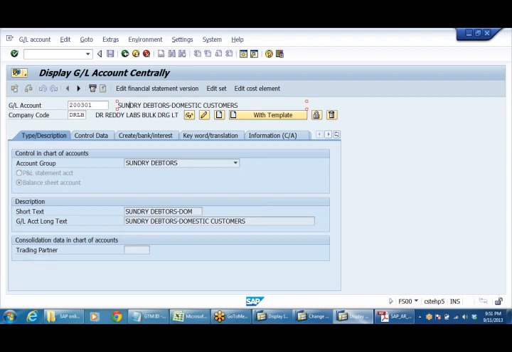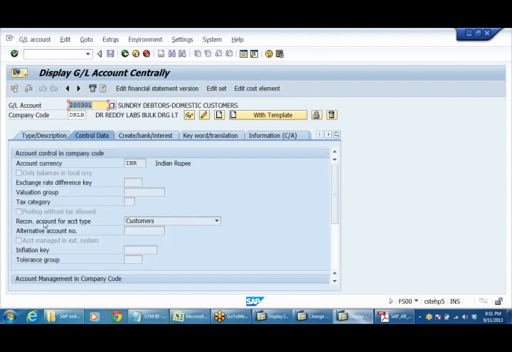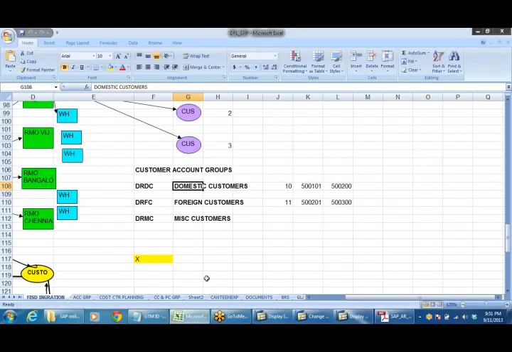And sundry debtors is a reconciliation account, and each and every customer account will be linked to the sundry debtors account. We cannot post directly any entry to the sundry debtors account because this is a reconciliation account. Any entry can be posted only routed through the customer account, that's all. You cannot directly post to this account. The main identification is, say, recon account for account type customers. Because of this, it will get a special feature that it will not allow any direct postings to this account, and I have given you already sufficient examples here.